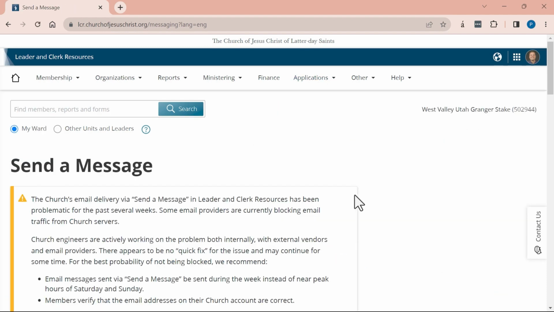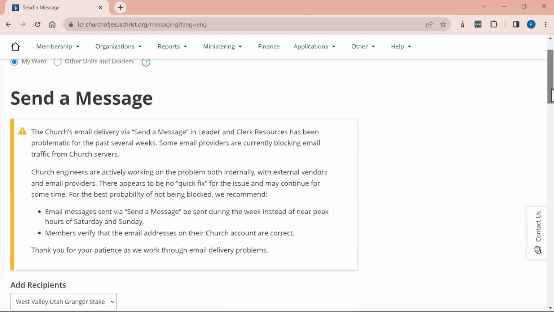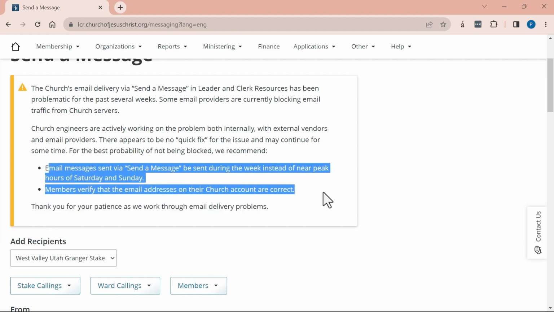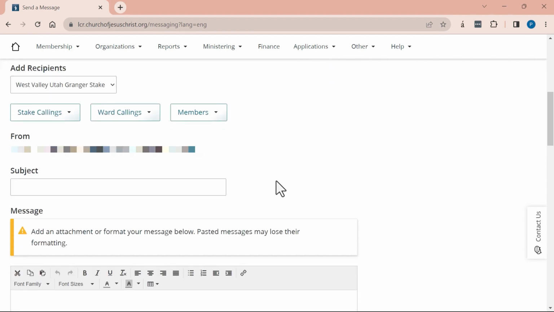Once I've clicked Send a Message, the tool opens up, and as you can see right now, the Send a Message tool is having some issues. Hopefully those will be fixed soon. In the meantime, there are a couple of tips to help us use it effectively. And with that in mind, I'm going to browse down and we're going to look at how to use this